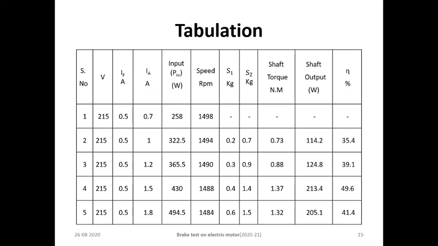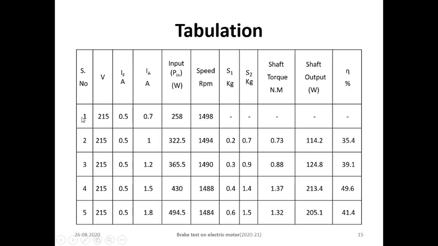So this is the normal tabulation with random values. If you could see the tabulation, we are maintaining the voltage, I mean the voltage required to run the motor. We are maintaining the supply voltage and the field current. The field current is what we use for generating the magnetic field, and we use only a very small current. And if you could see, the armature current is responsible for creating the torque, and with these values we calculate the efficiency.